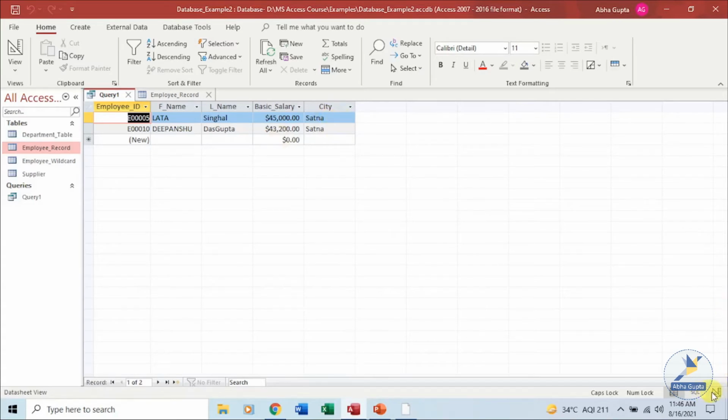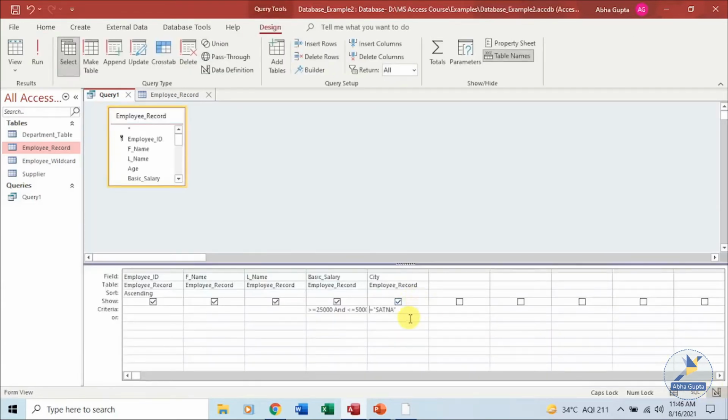Let's go back and try some more options, and this time I want to make use of the OR condition. City is either Satna or city is equal to another city, say Noida. Let's see if we have something like this.